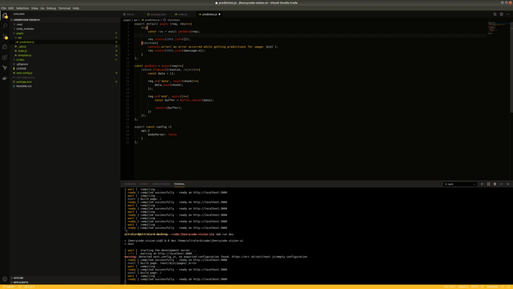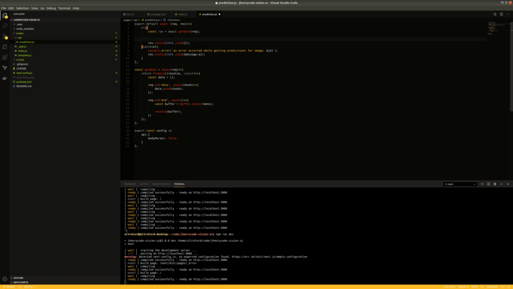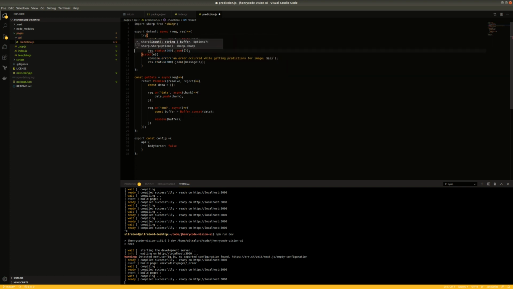And so we're actually going to use the Sharp library to resize this raw data down to something that's more manageable and something that we can easily save and pass around and reload. So I'm going to say resized is